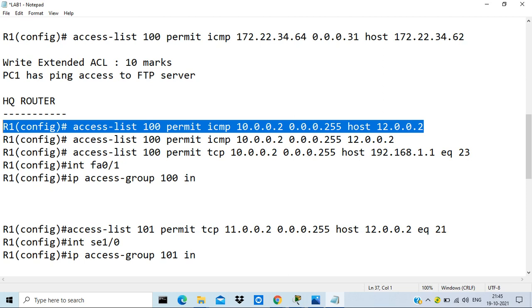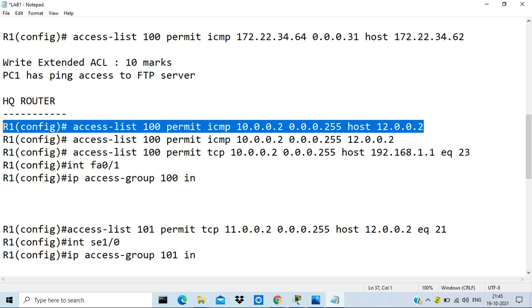But this is a small facility that is available in the routers, in the Cisco routers, as well as Juniper and other routers also, by which we can create a little bit of control over the network traffic by means of source address, subnet mask, and destination address, subnet mask, and service port number. Based on these three parameters, we can make certain rules and try to control the network traffic. But we cannot control the viruses. For viruses, we have specific devices and software. That is a different thing.